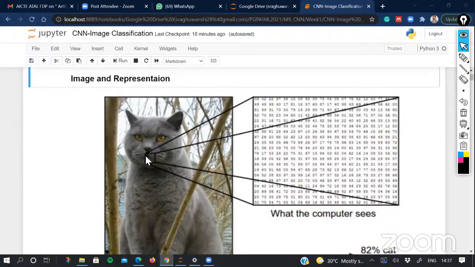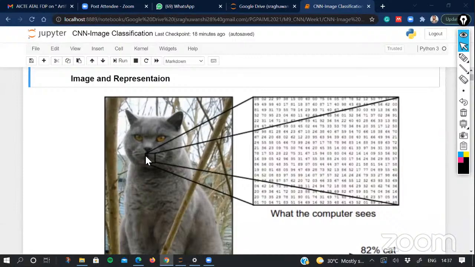Grayscale images, mostly we call them black and white images, come with only a single channel. On the other hand, color images are represented with three colors: red, green, and blue. So we call them RGB. So finally, your image is now going to be represented with a 3D matrix if it is a color image, where each of these matrices has a certain order with respect to the number of rows and number of columns, which you represent in the form of a pixel.